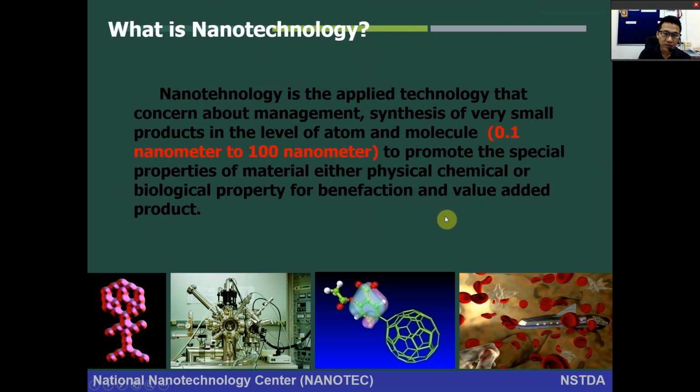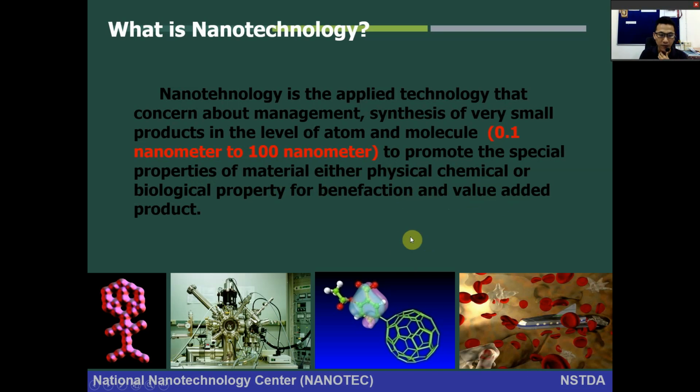Okay, so nanotechnology is the applied technology concerned with the management and synthesis of very small products at the level of atoms and molecules. So the size range is between 0.1 nanometer and 100 nanometers. With this technology, we can promote the special properties of materials, on a physical, chemical, and biological basis. And we can take advantage of producing things with very small size,